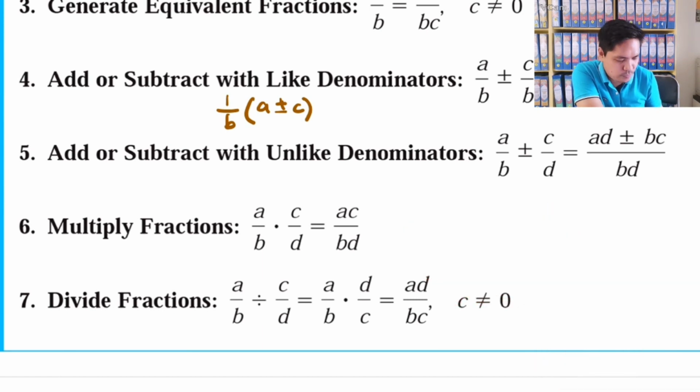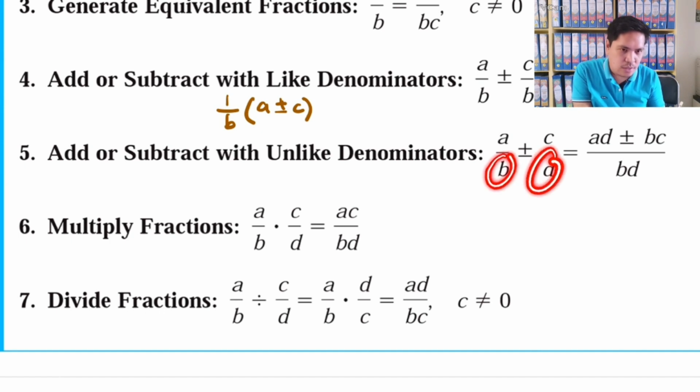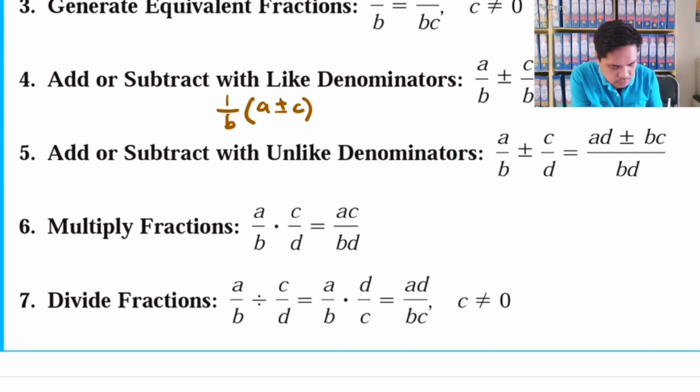Ganon. Okay? So, yan. Or simply, kung least na to siya, meaning kung B and D do not contain any common factor, then pwede mong i-multiply na lang sila. Okay? For example, ito. Tingnan natin ha. How about ito? 1/2 plus, let's say,